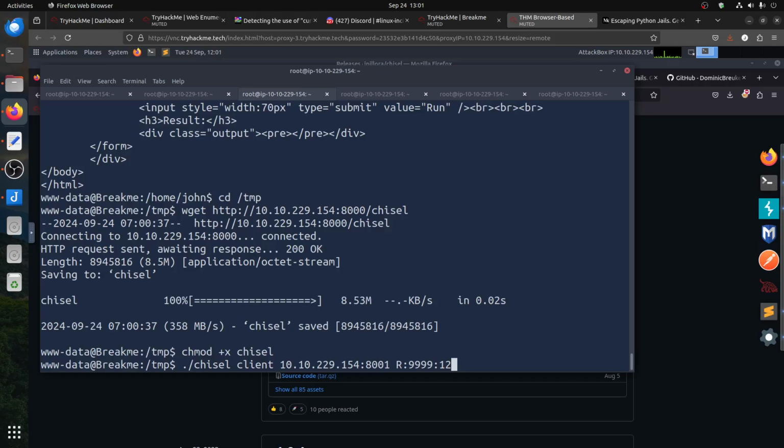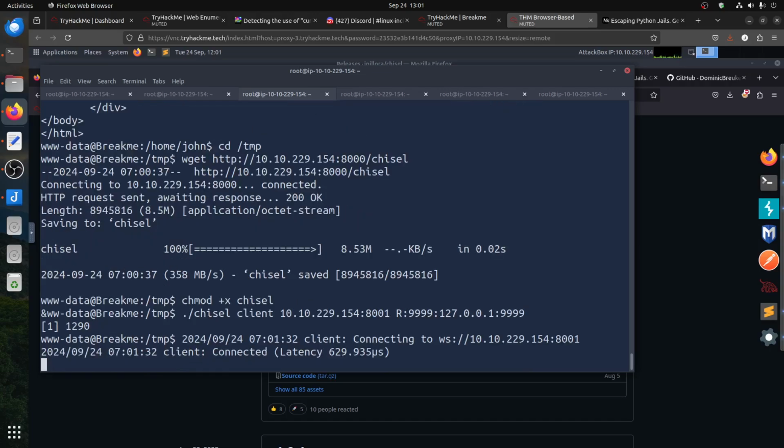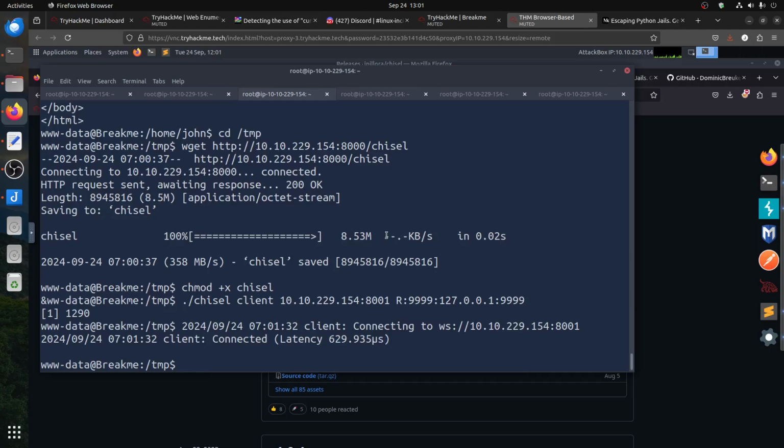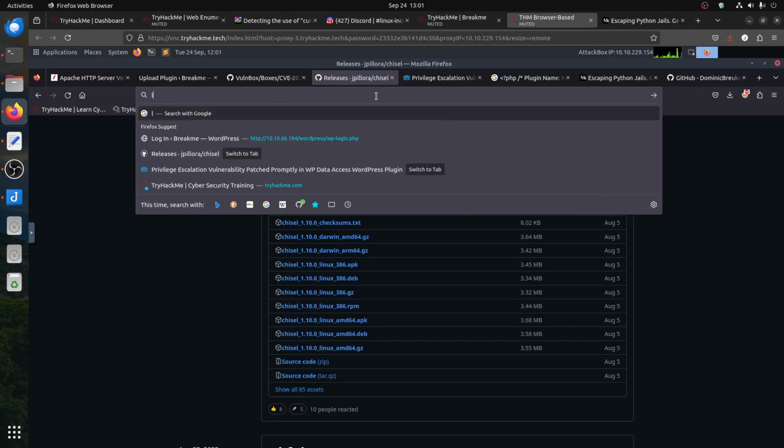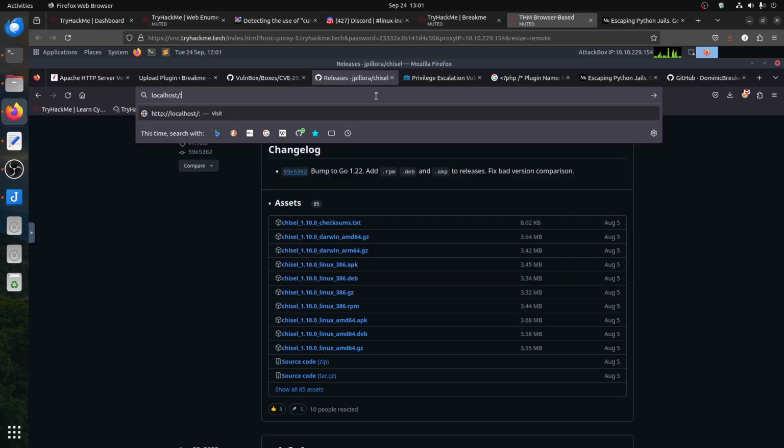Then we have the IP 127.0.0.1. Let's keep the same port for ourselves. Run it in the background, so it's connected in the background and we can use it. And then if I come here and say localhost 999,